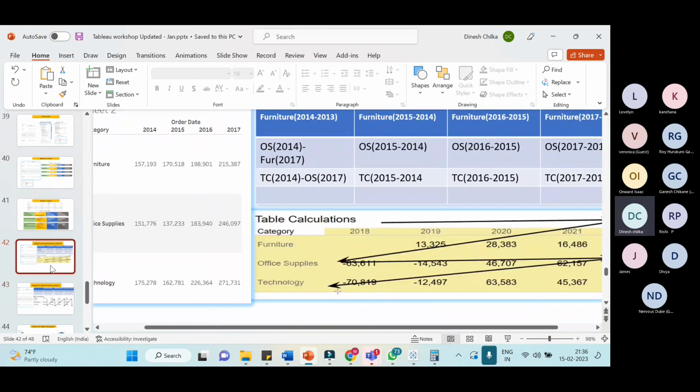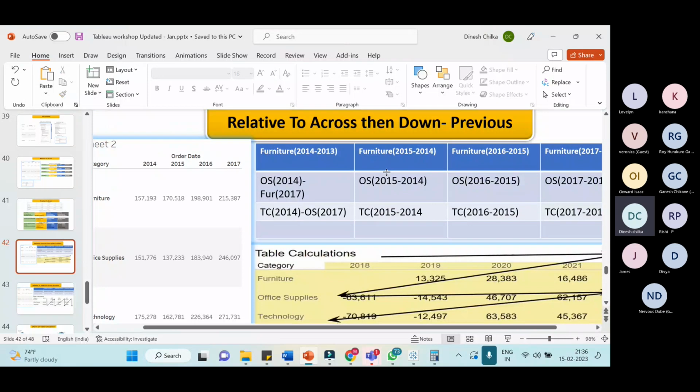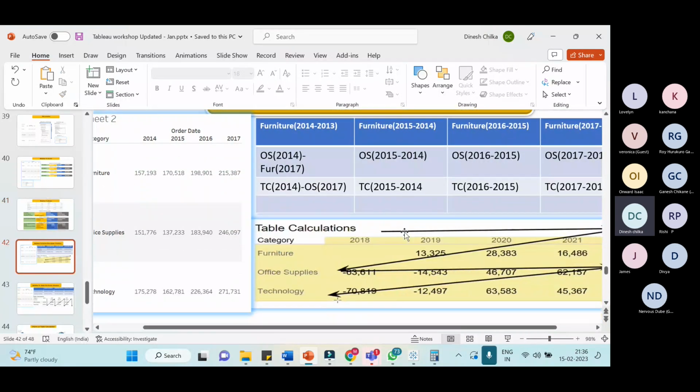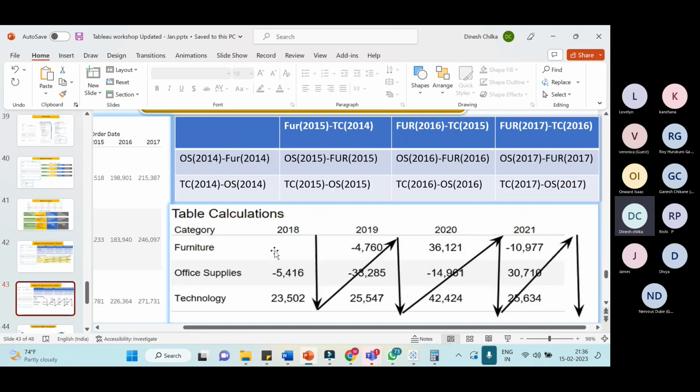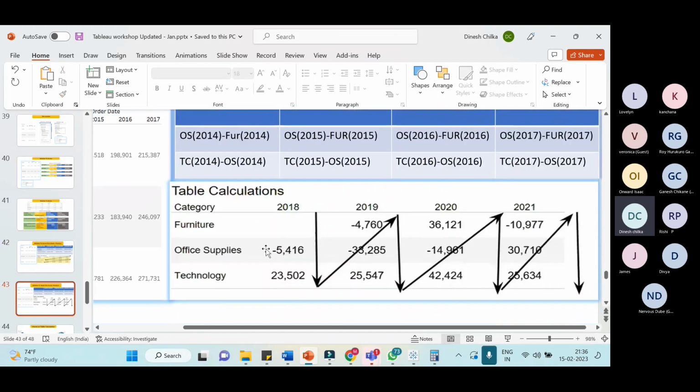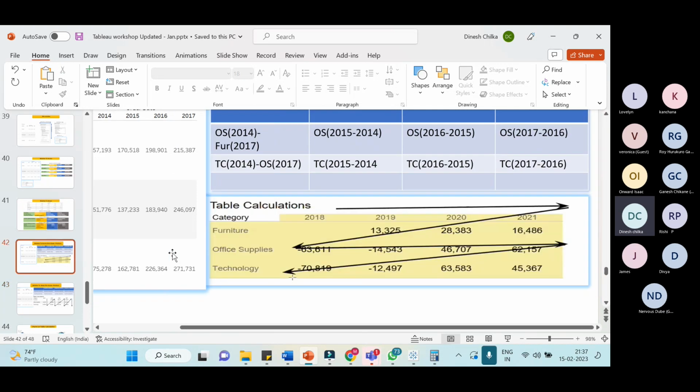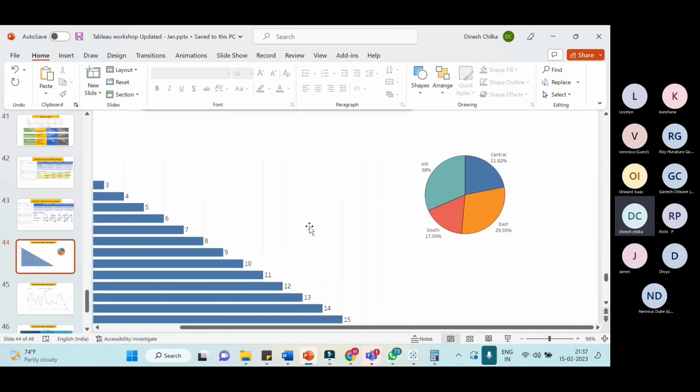Now if you see the sheet, this is the downward, which I mentioned as across then down. If you are working on across then down, it's showing the zigzag, zigzag, zigzag. Again, you are working for this, right, down and across. First you come to the down, then go to across. That means downward, then come to the last calculation here, again down, last calculation here, again down, last calculation completed. This is a downward calculation. Now we are done with everything about the calculation part. We are going to learn about this,